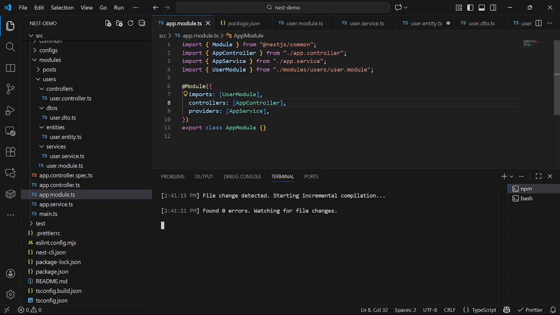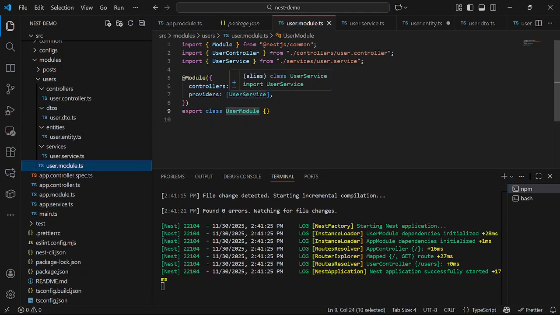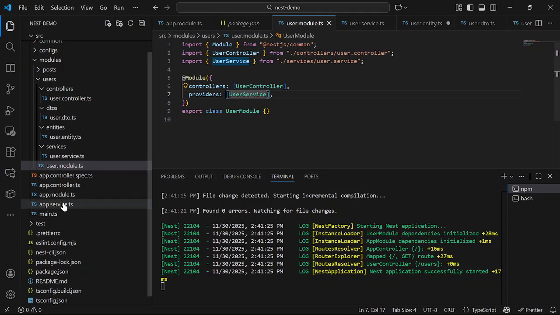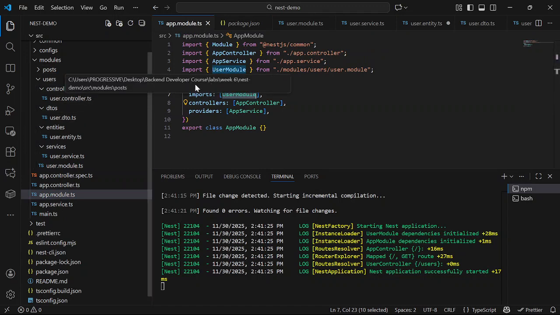So basically, the important thing here that I did is just create the service, create the controller, and import everything into the module, because you must import them to make NestJS know that they are what it should instantiate for that module. Then after doing that, you come to the AppModule and import the UserModule, right? So any other module we're going to be creating, like if we create a PostModule, after creating it we need to bring it here and import it.